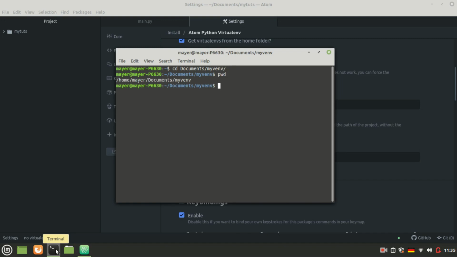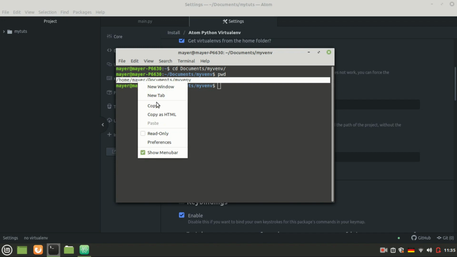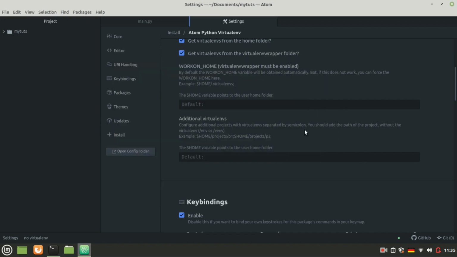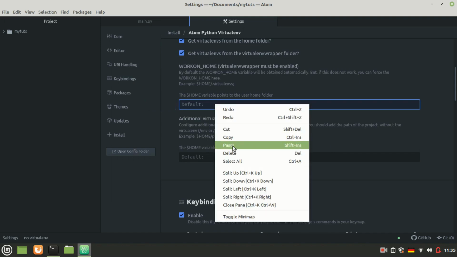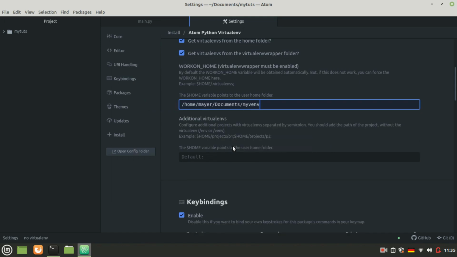Type pwd, copy this path and insert it here. Now you can close the settings panel